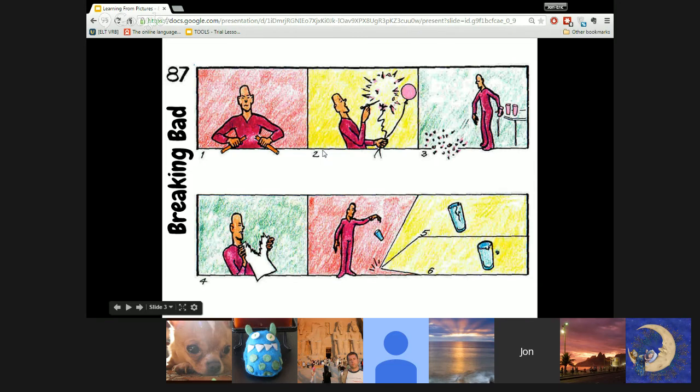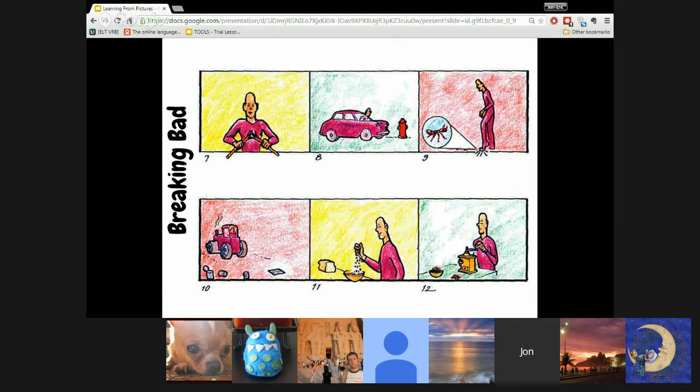Number 7, we're on to Javier. Number 7 is not break, because we did break. Notice how that wood has little pieces, and it's not completely broken in half. So this one's a little bit more difficult. I'm going to say scratch. You're going to say scratch, and you're going to be wrong.